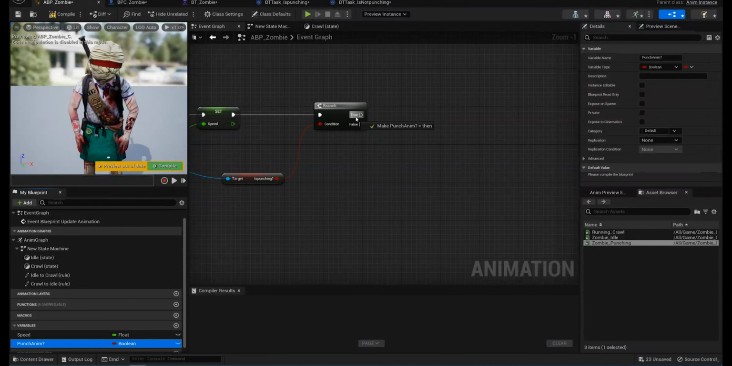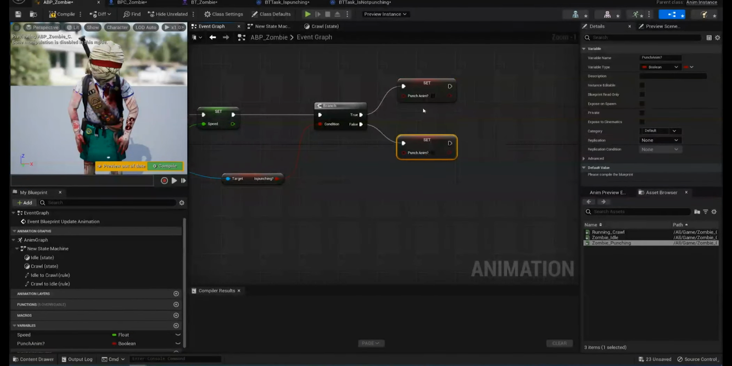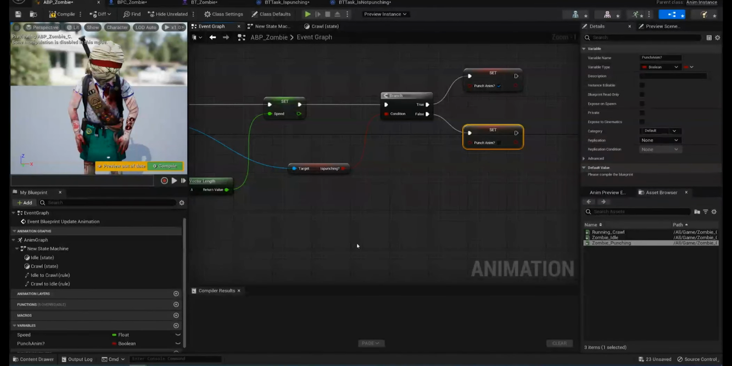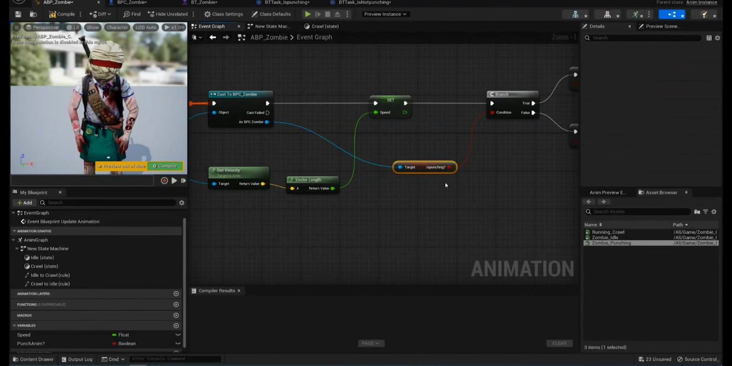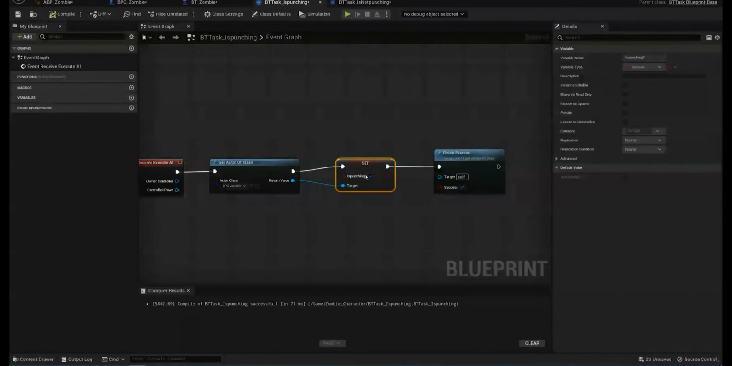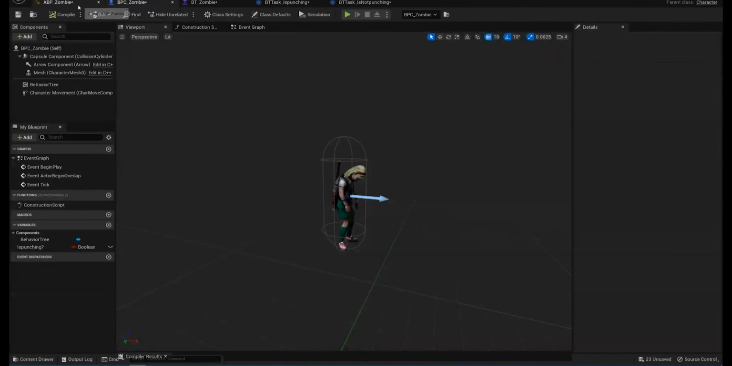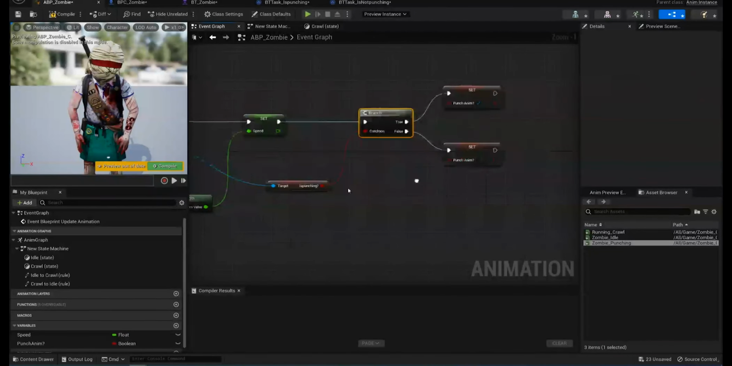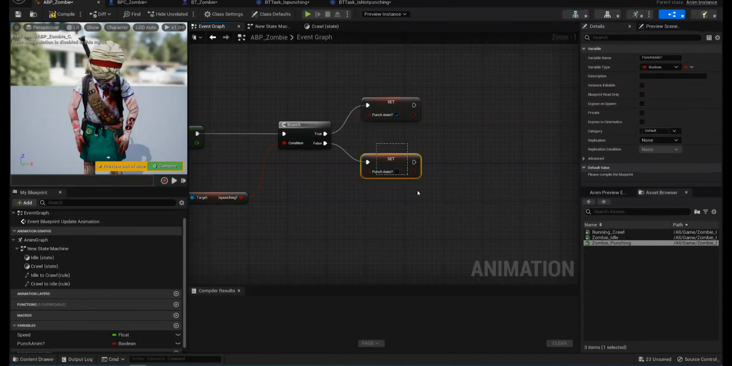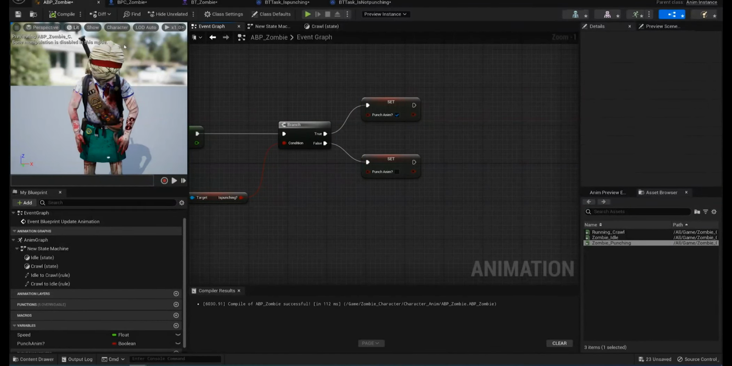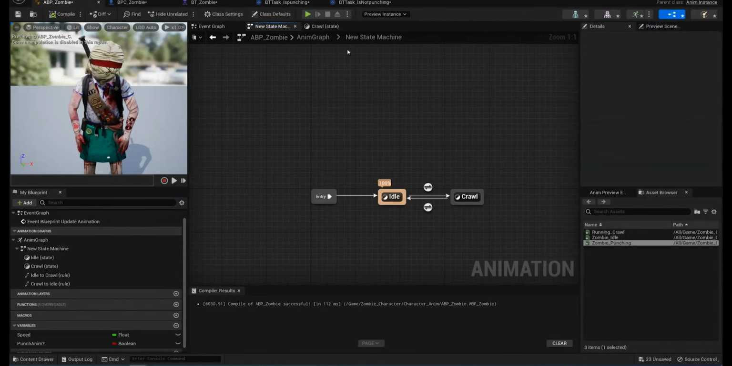And I'm just going to plug one in true, plug one in false. I'm going to set it to true if it's true and set it to false if it's false. So essentially what it's checking for is if is punching is true. So if the task sets this to true, then it's going to set it to true on here, and if not, it's going to set it to false on here, which we're then going to use